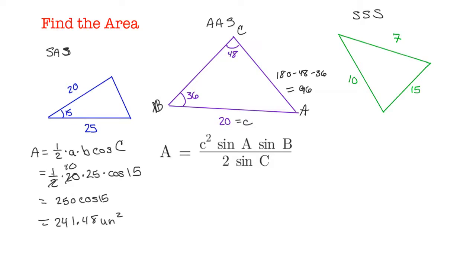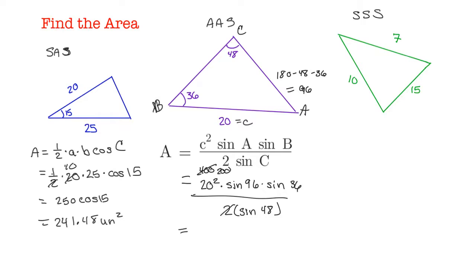So now we can just substitute all these in. We have 20 squared times sine of 96 times sine of 36 divided by 2 times sine of 48. So this would be 400 divided by 2, which gives us 200. Then we can plug that all into our calculator: 200 times sine of 96. Make sure you close out your parentheses. Times sine of 36 divided by sine of 48. And we get the answer of